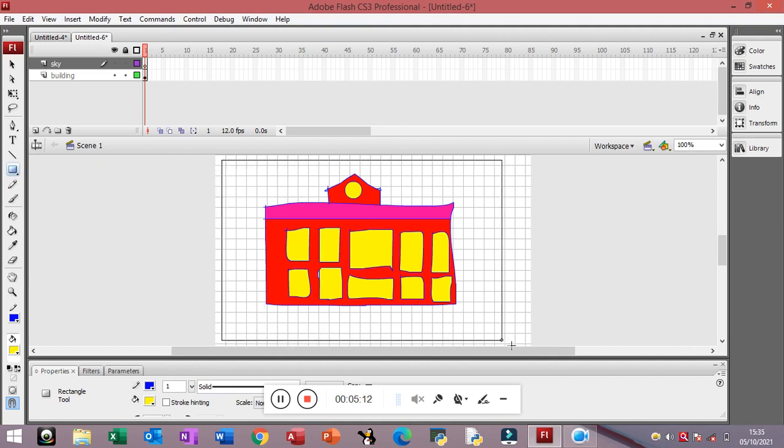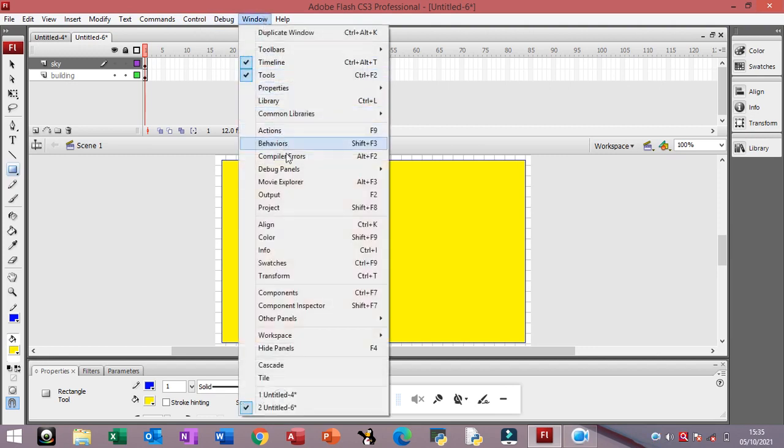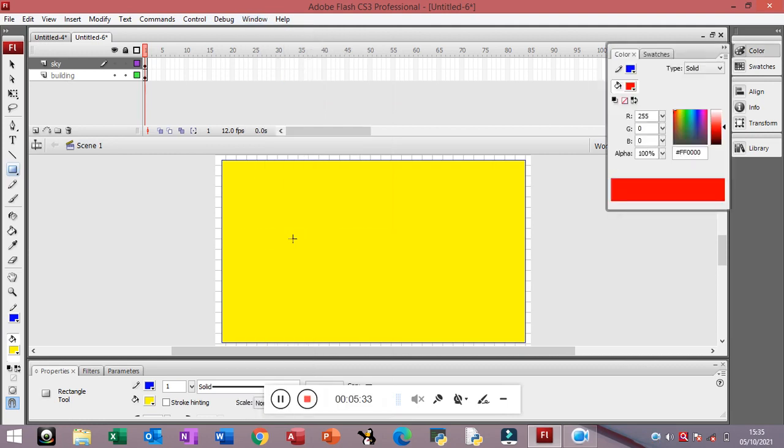So first I'm taking a rectangle here, and you can also change the stroke color and fill color. So for filling the color, I'm going to Window. You can choose from here, Window, and then Color.